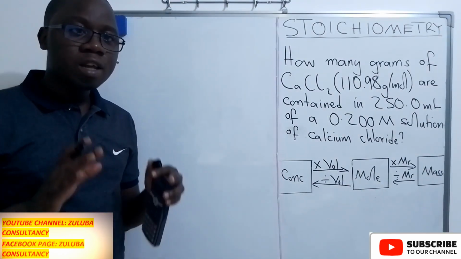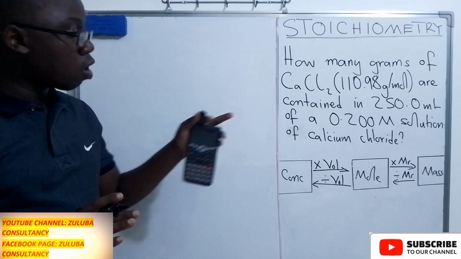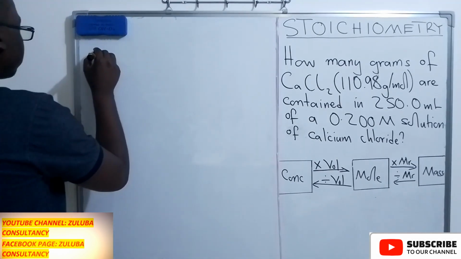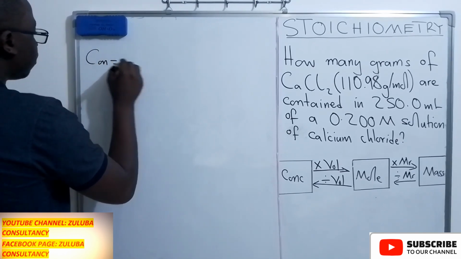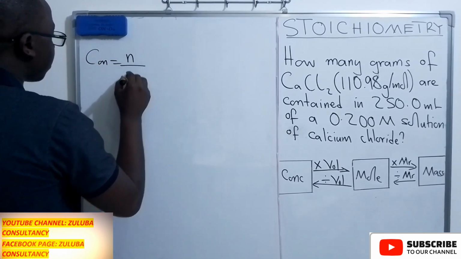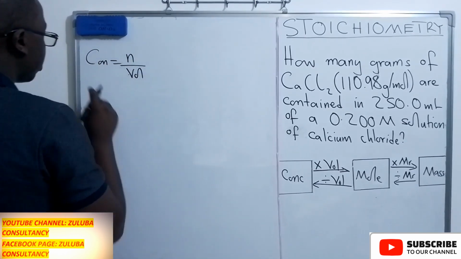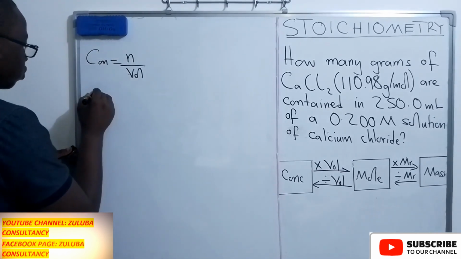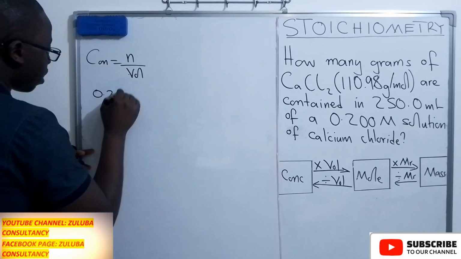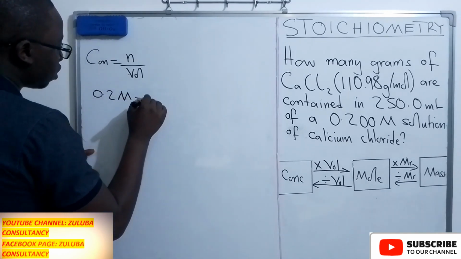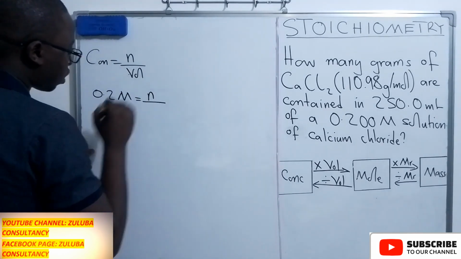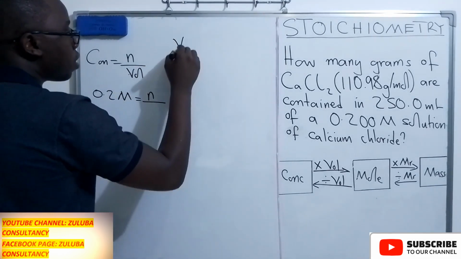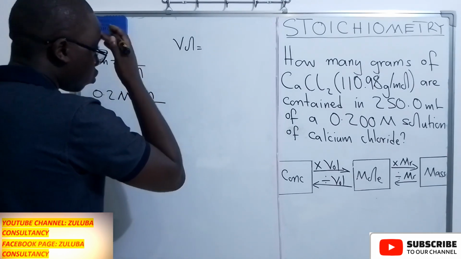Let us first find the number of moles using the concentration and the volume. So the formula is concentration is equal to number of moles divided by volume. The concentration we have is 0.2 M. We have the number of moles, that's what we want to find. The volume, we have been given that the volume is equal to